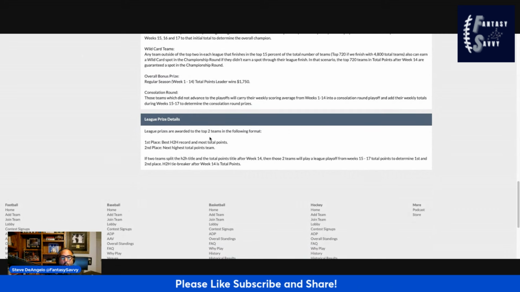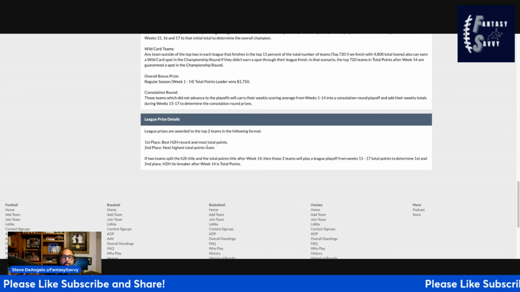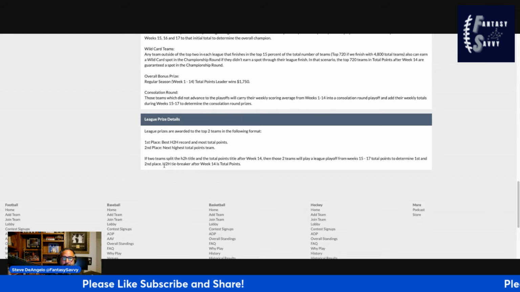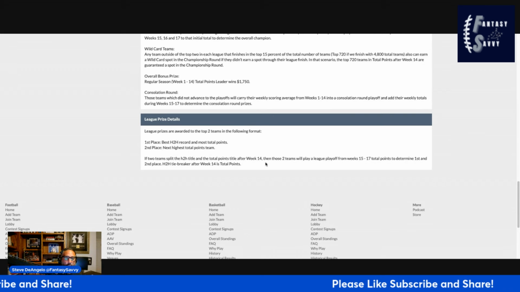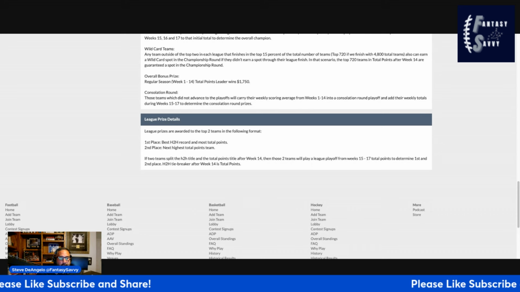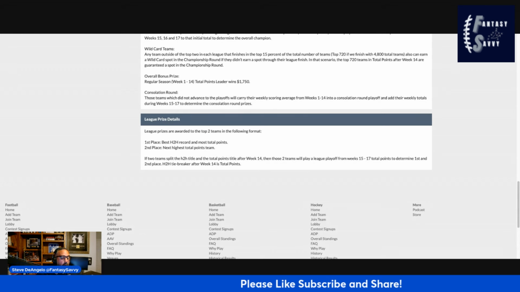League prizes are awarded to the top two teams, best head-to-head record and most total points. That is the first place, and the second place team is the next highest total points team. If two teams split the head-to-head title and the total points title after week 14, then those two teams will play a league playoff from weeks 15 to 17, total points to determine first and second place. The head-to-head tiebreaker after week 14 is total points. So again,